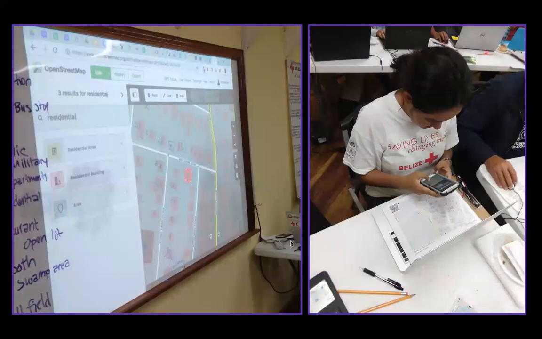There are pieces of this that you then have to consider, like doing the actual data entry. You have to go back and upload into the OpenStreetMap database what you've just collected. So some of that ease we try to take off that burden by going through OpenMapKit, which is on the right-hand side. You'll see that photo of entering data using mobile phones when you go out into the field.